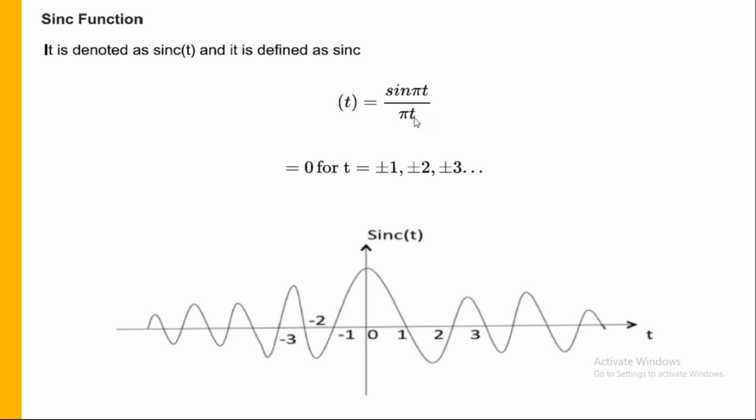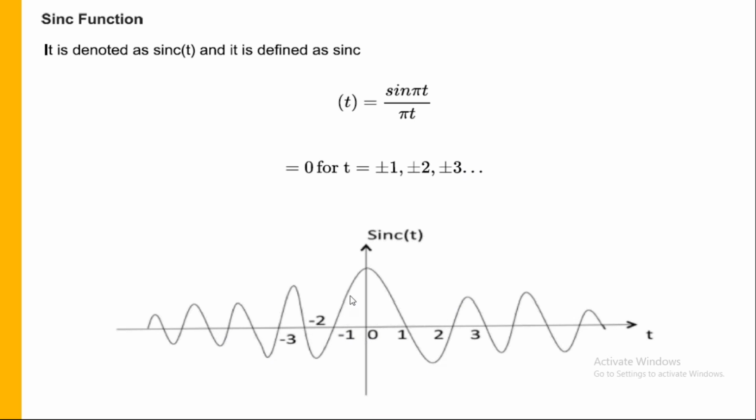If you observe, if you take t equal to 1, 2, 3, so on like that, for such values of t only, it is giving 0. That means when you take t equal to 1, you will get sine pi by pi. So what is sine pi? Sine pi is 0. So that's the reason at t equal to 0, it is going to give a maximum value. At t equal to 1, again it is giving 0. At t equal to 2, again it is giving 0. 3, 0, 4, 5, 6, so on like that. For all positive and negative values, it is 0. But in between, how it is varying.